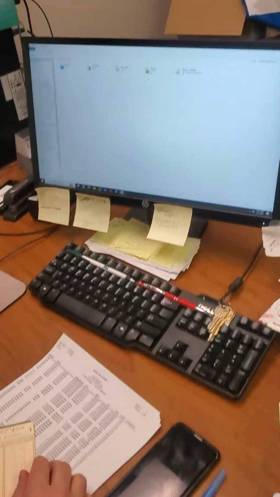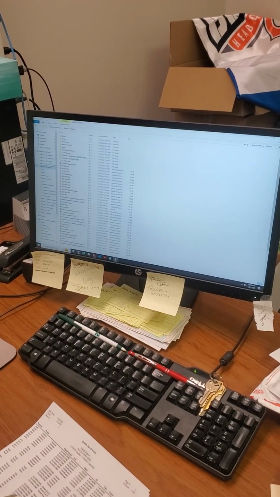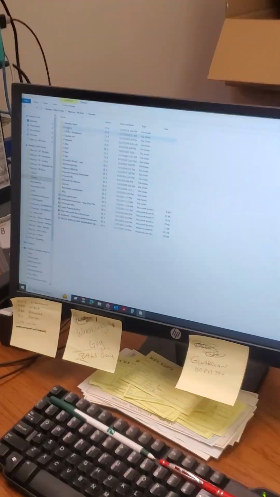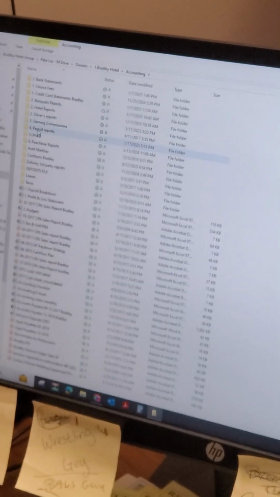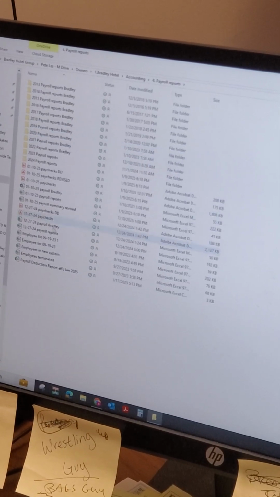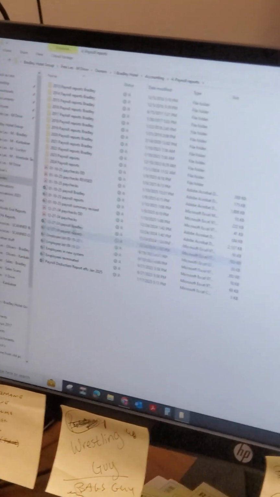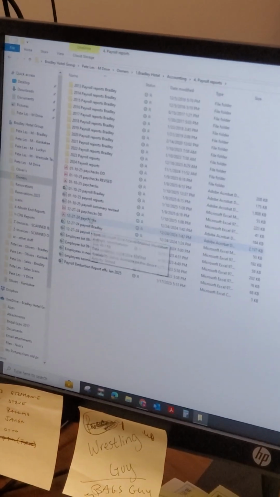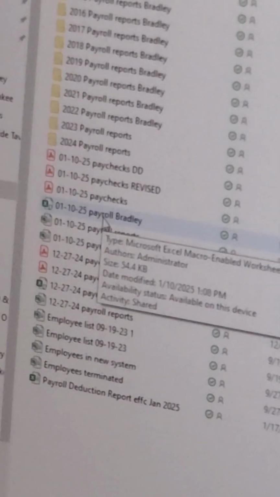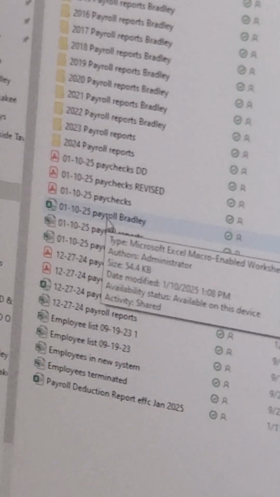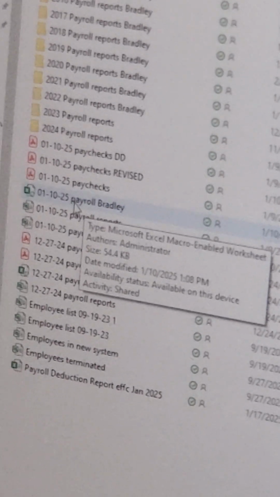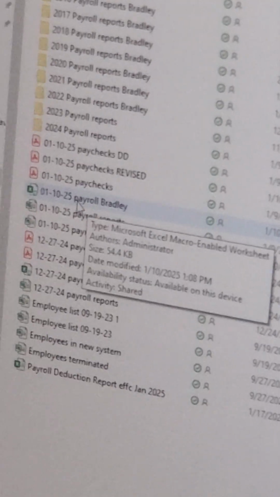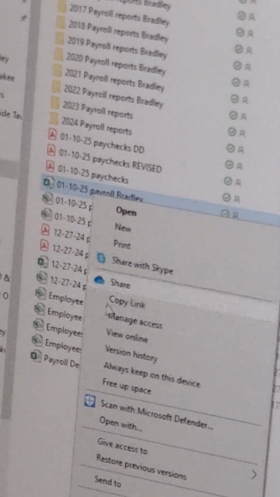So you open up the M drive, M drive, owners, Bradley, accounting, payroll. Okay. So you open up last payroll's spreadsheet. So I go here. It was January 10th of 2025 was the last payroll. I right click, I copy it,